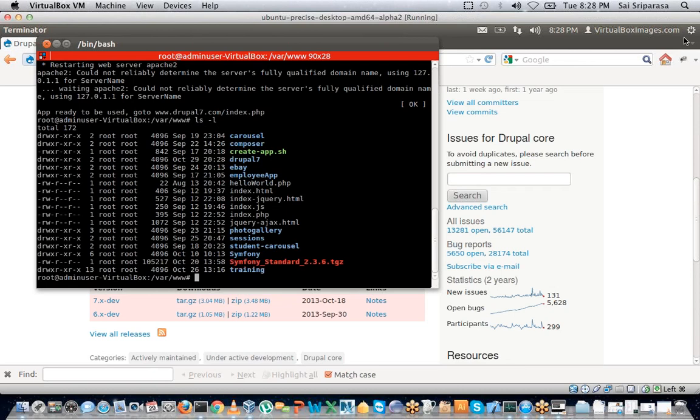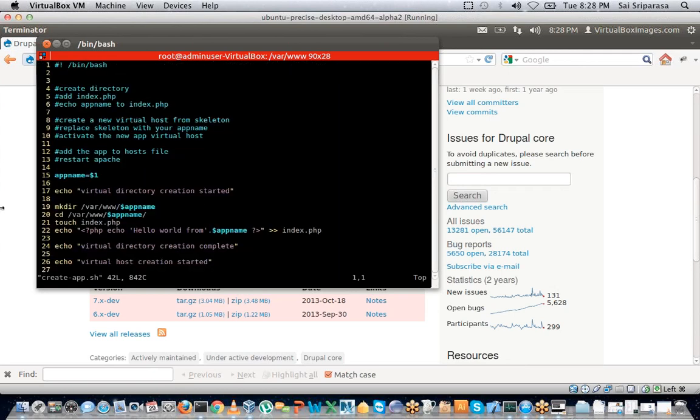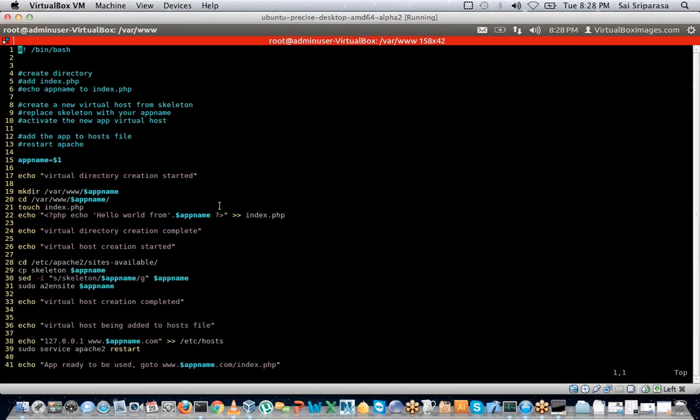What's there on that app? Create app dot sh. This was the Bash shell script that I had created, and I remember that I've sent this over to you all. These are the requirements for the shell script. First, it has to create the directory. Second, it has to add an index.php file. Then it has to echo the app name into the index.php file.